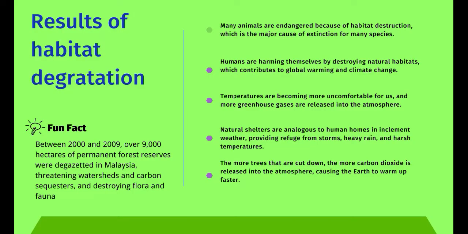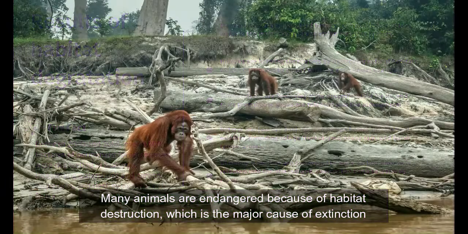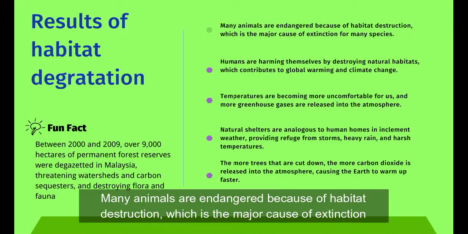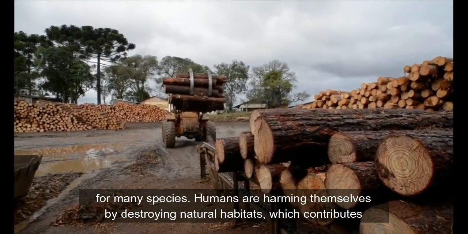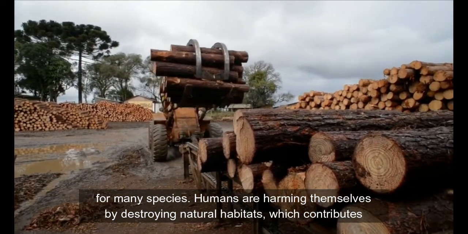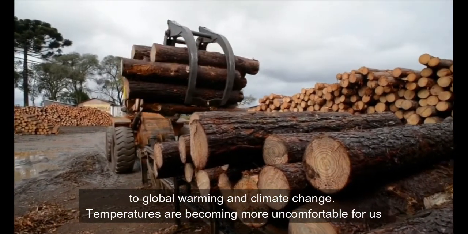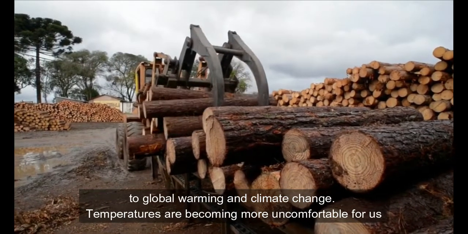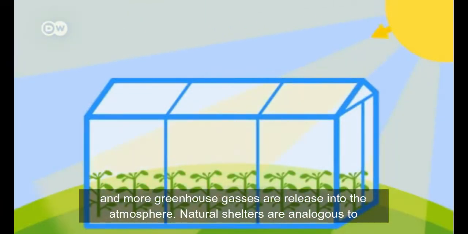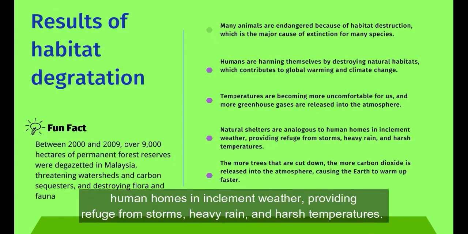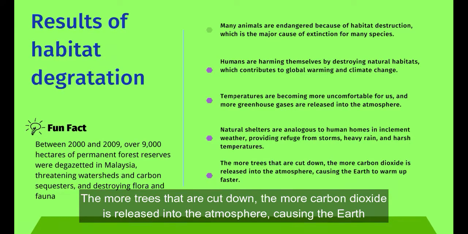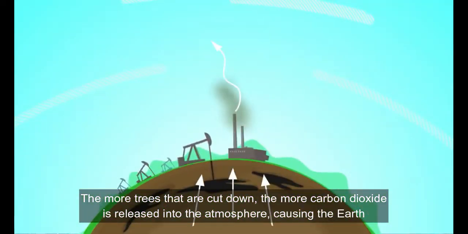Results of habitat degradation. Many animals are endangered because of habitat destruction, which is the major cause of extinction for many species. Humans are harming themselves by destroying natural habitats, which contributes to global warming and climate change. Temperatures are becoming more uncomfortable for us and more greenhouse gases are released into the atmosphere. Natural shelters are analogous to human homes in inclement weather, providing refuge from storms, heavy rain, and harsh temperatures. The more trees that are cut down, the more carbon dioxide is released into the atmosphere, causing the earth to